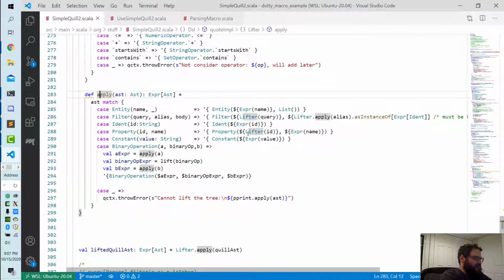We have the apply function, and it calls the lifter on stuff recursively, and then potentially when we need to do things like lifting,